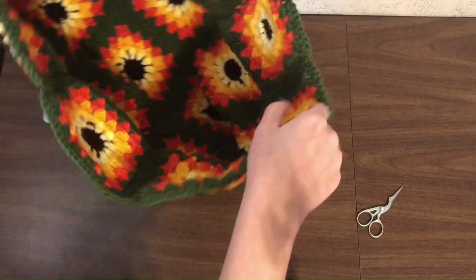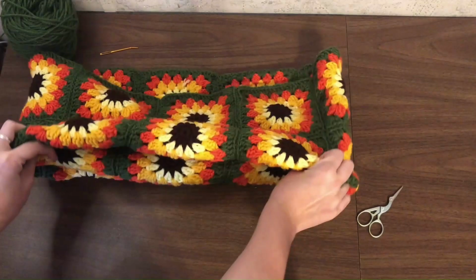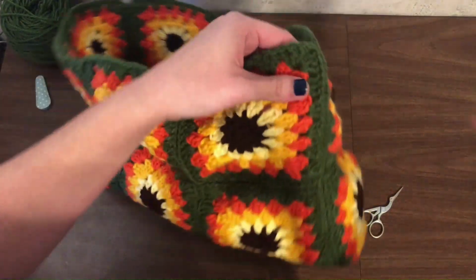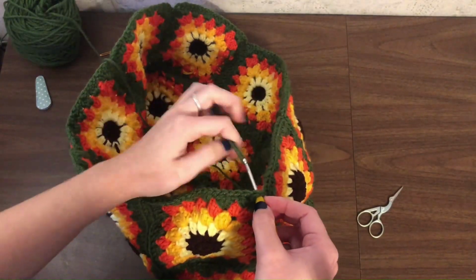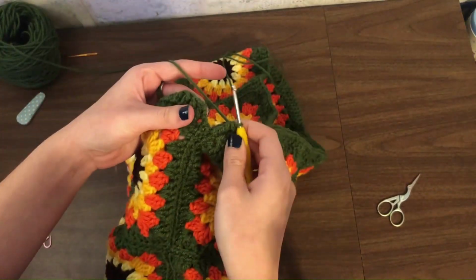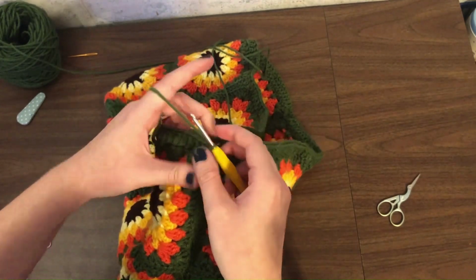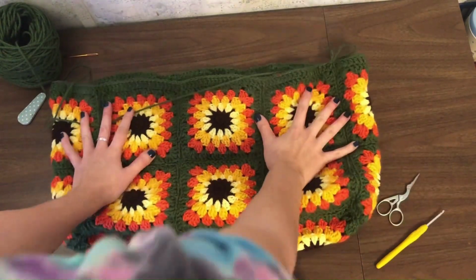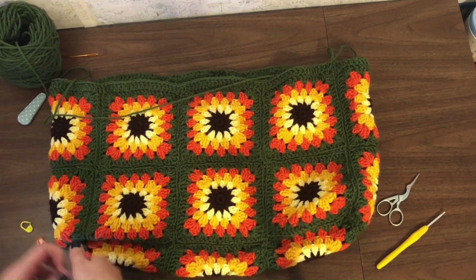So now we are going to add the detailing of the bag. So we are going to start in this corner right here. So we are going to insert this in the attach our yarn. Once you've reached that corner again, we're going to slip stitch, and then we are going to mark where we want our handles. So you want to make sure you have the same amount in between the handles on both